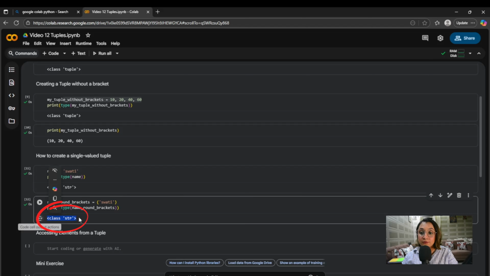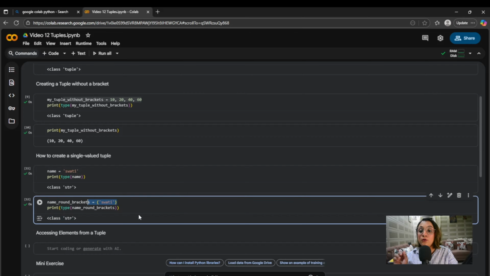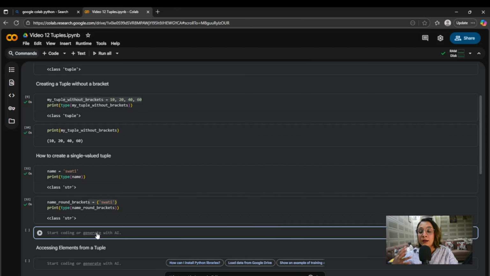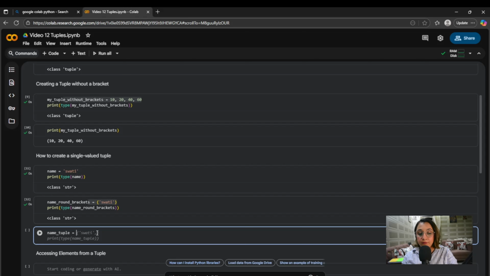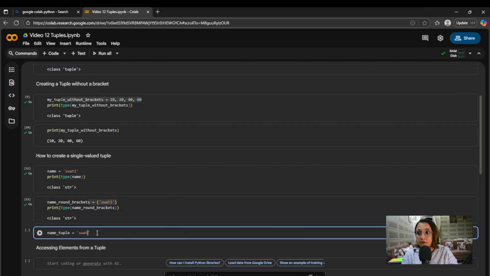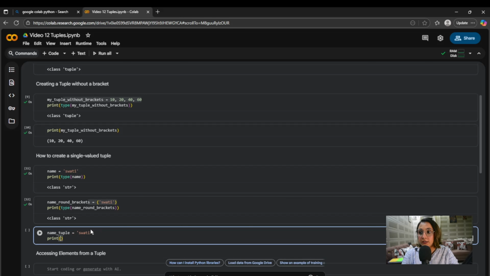and you can see it's still string, because even with the round brackets, without a comma, it will take the single value as a string. So in order to tell Python that we are trying to declare a single value tuple, we have to put a comma after that single value. Let's say name, and I'll write tuple, and you can do it with or without brackets, and both work. And I will write Swati, and I would put a comma here, and I'm going to print name